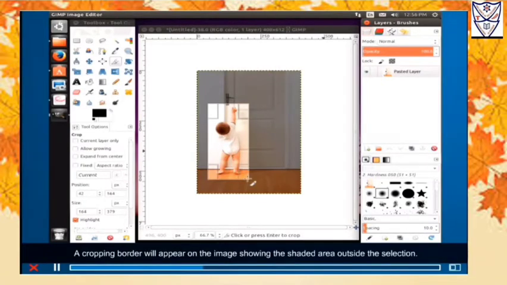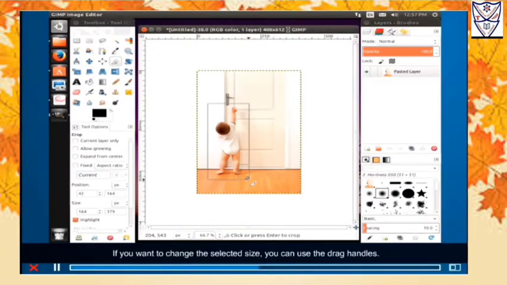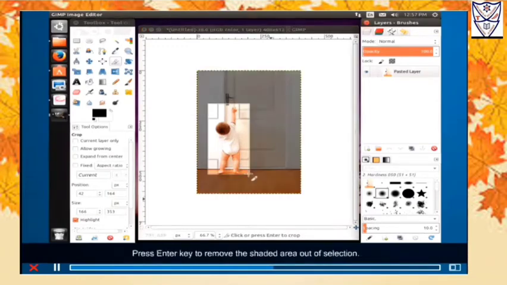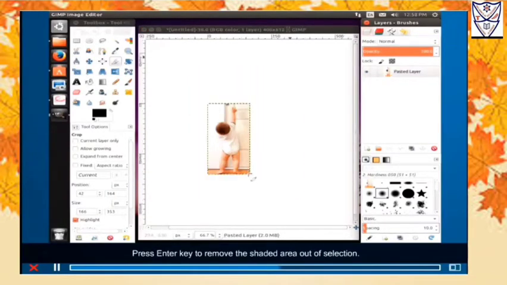A cropping border will appear on the image showing the shaded area outside the selection. If you want to change the selected size, you can use the drag handles. Press Enter key to remove the shaded area out of selection.